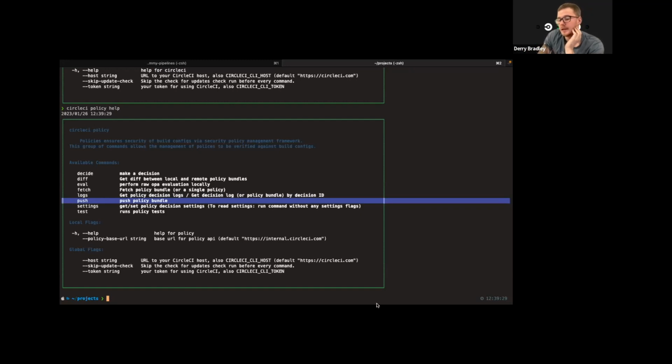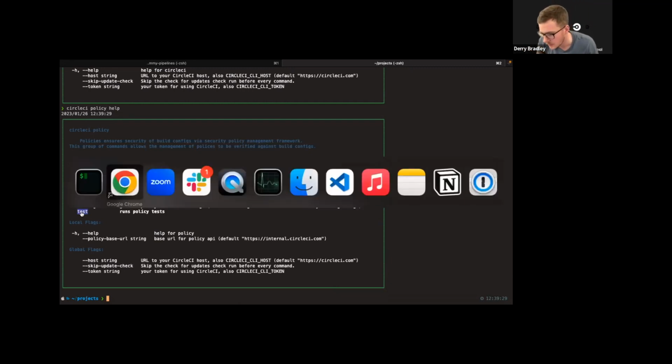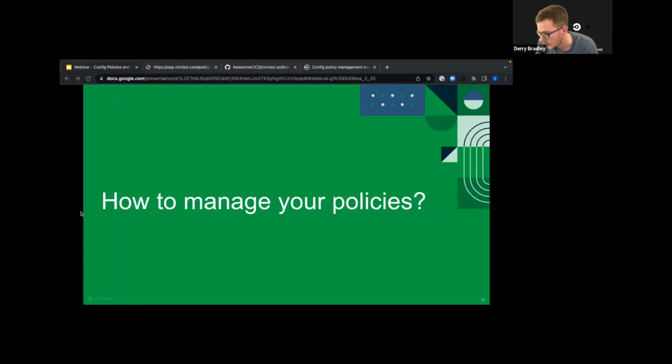And finally, it's going to be important to be able to deploy new policies with confidence, knowing when they'll be applied, knowing the decisions that they're going to generate ahead of time. So to enable this process, the circleci policy test command is available. The test command is inspired by the Golang and OPA test commands. So if I jump back over to the browser here,